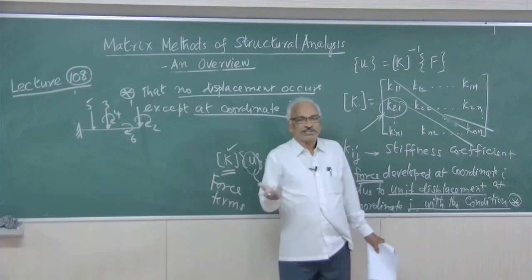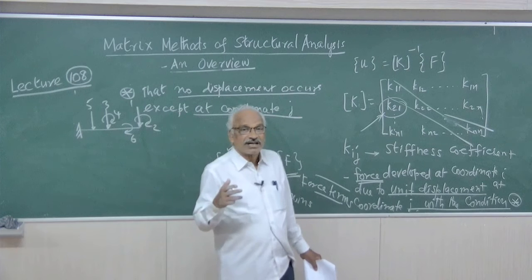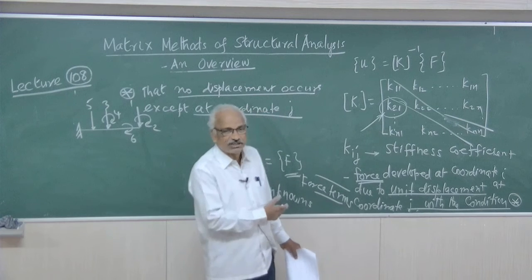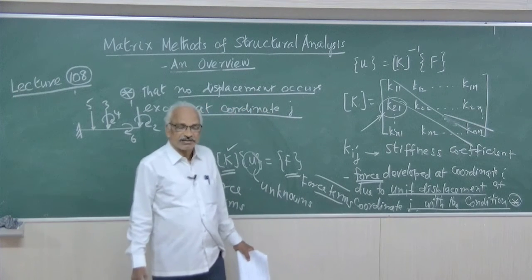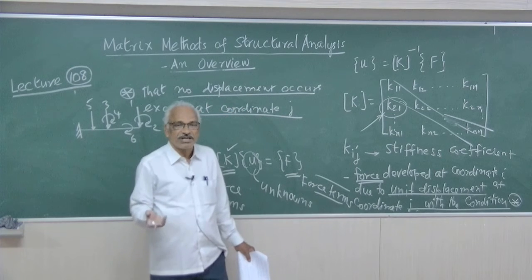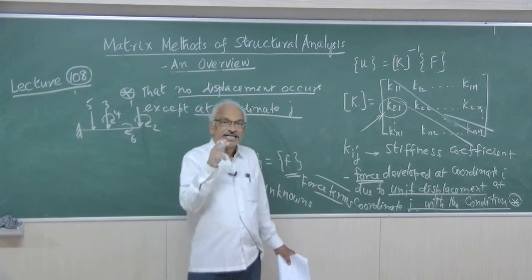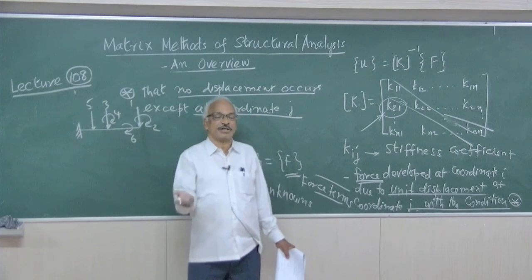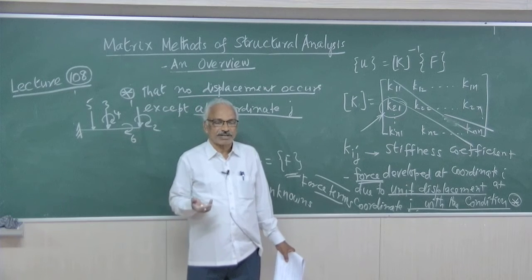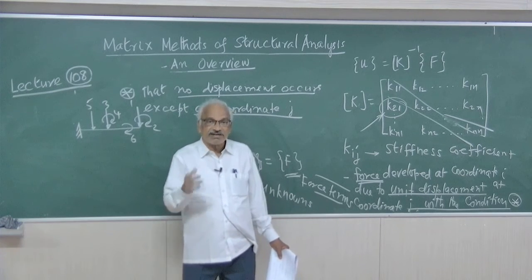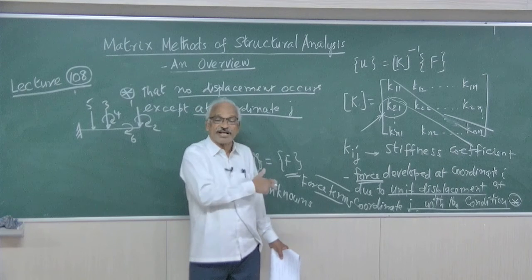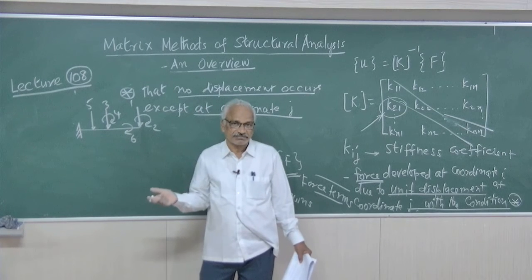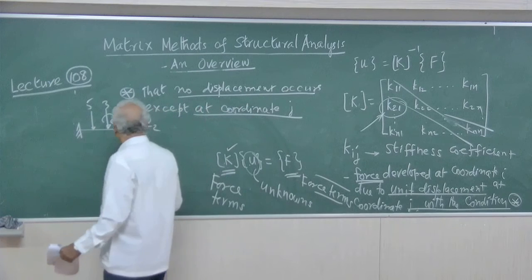Now coming to the stiffness matrix for kinematically indeterminate structures. We have discussed a 3-span continuous beam that was kinematically indeterminate to 2 degrees. So the kinematic indeterminacy decides the size of the matrix as far as kinematically indeterminate structures are concerned. The number of possible joint displacements will decide the size of the matrix for indeterminate structures. For determinate structures, that depends upon the number of coordinates that we assign. So one has to be clear about these things.